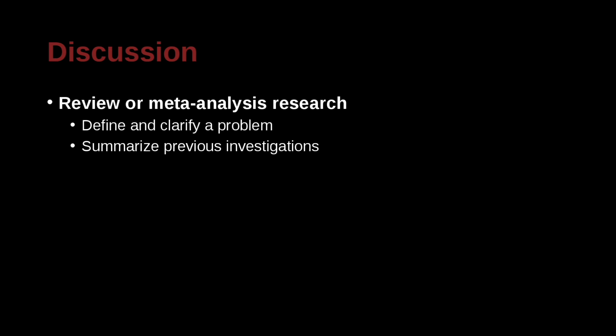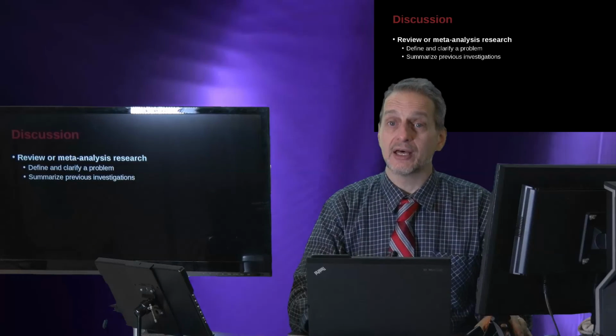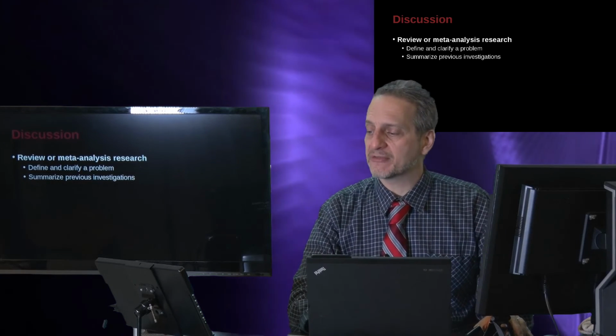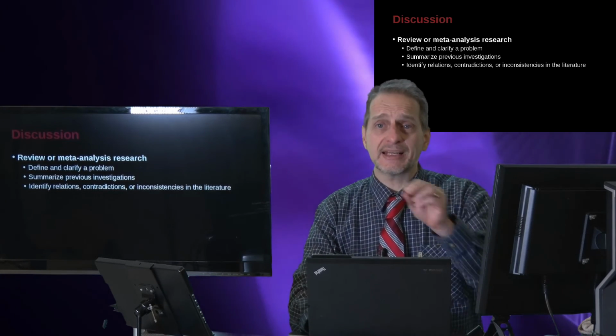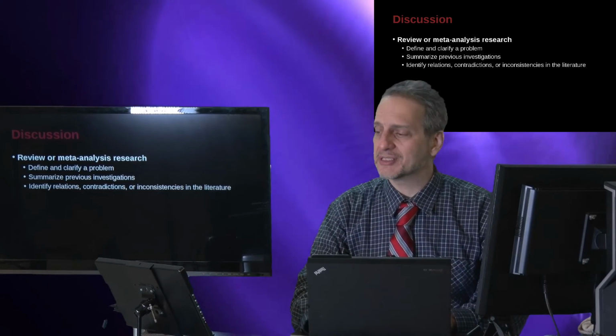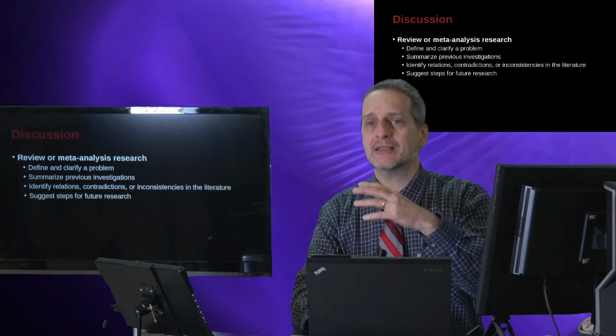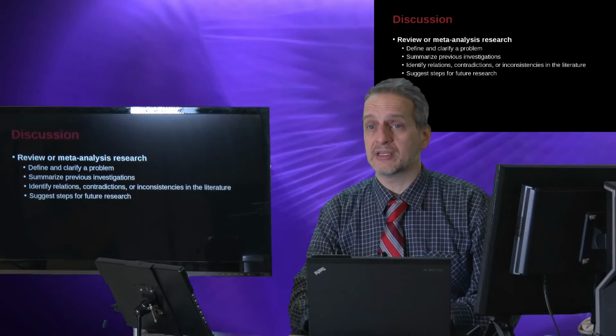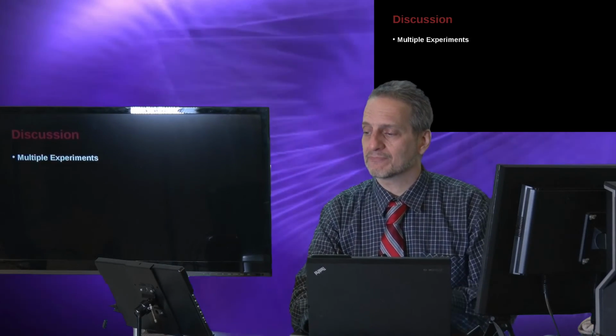Okay, so review or meta-analysis research is a little bit more special. In a review or meta-analysis research, you need to, in the discussion, define and clarify the problem clearly, because remember, you're not doing a test, but rather you are analyzing the existing analysis. You are collecting the data of other people's data. So it's a little bit of a special case. You need to find out what those relationships are, and then here in the discussion, you need to discuss what those relationships are, and then give steps for the future in this meta-analysis trend.